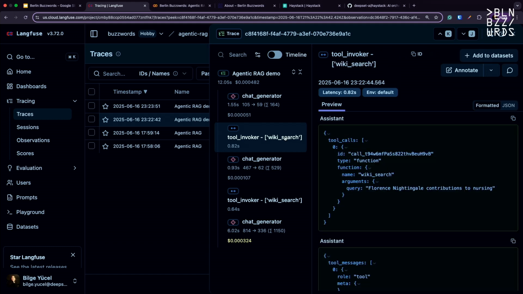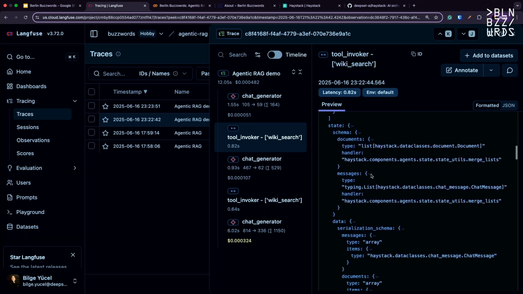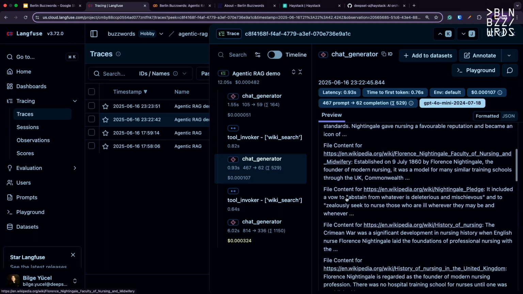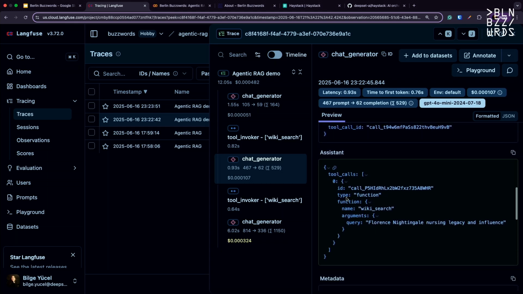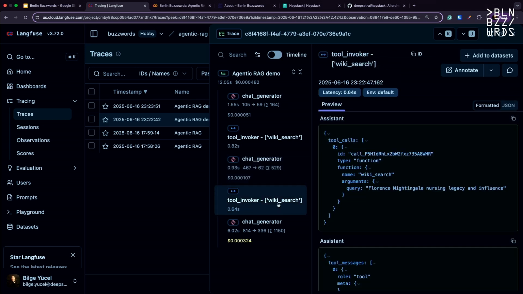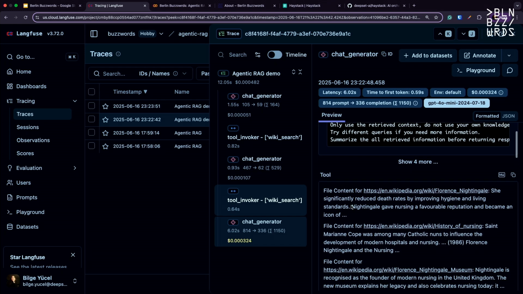So here, for example, I see the same query that was used to call Wikisearch in my first query, and I can see the results here. Basically this is passed to the chat generator again, and the assistant decided that it needs to make another tool call here, and this time use this query. And here I see another tool call to the Wikisearch, and I see the final response of my model here